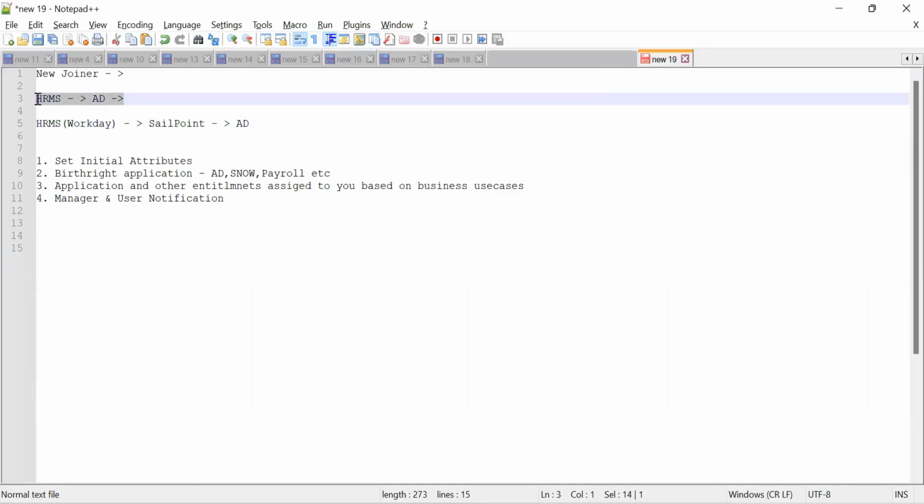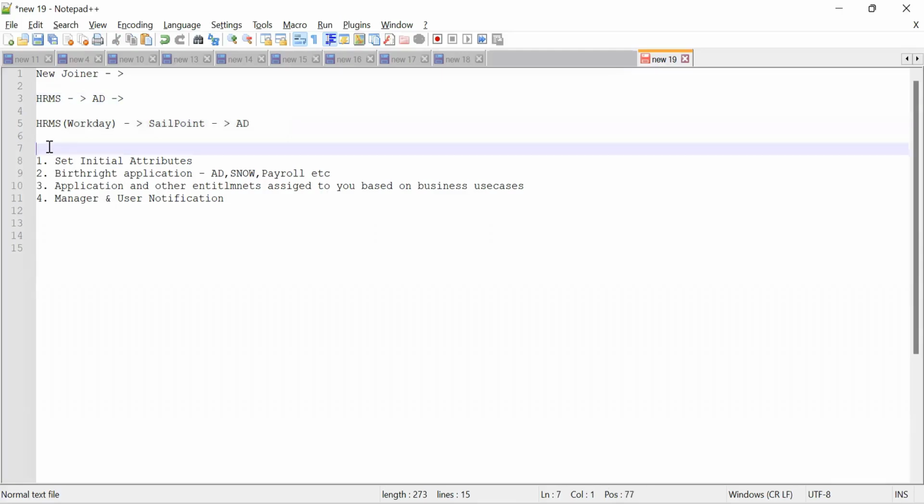Before any IAM solution, even the old IAM solution, this was the approach: HRMS data will go directly to AD, and user management will basically be handled from the AD system. So in this joiner process, say 5 users are to be joined, right, for all those 5 users,